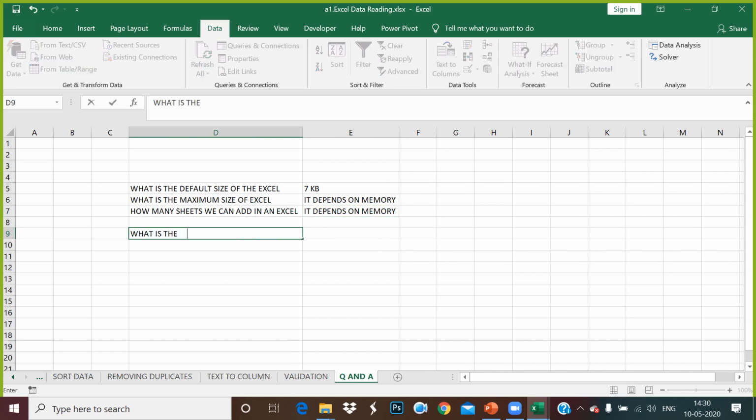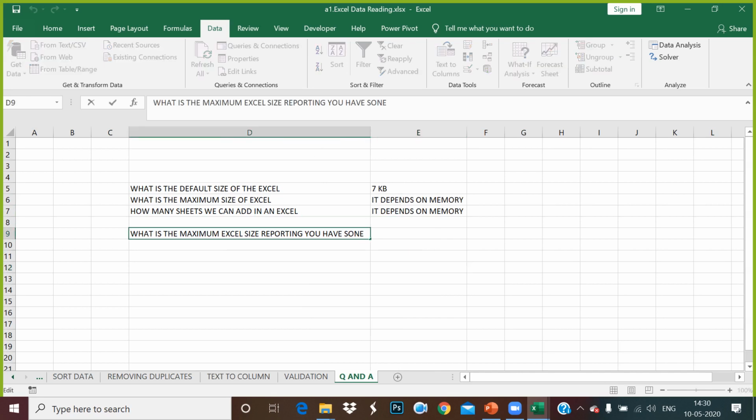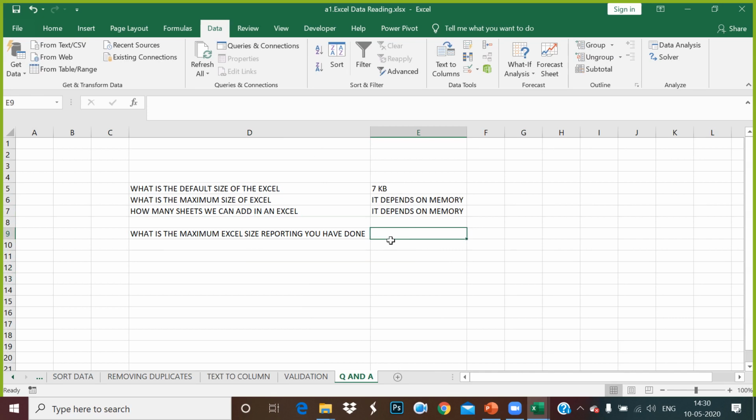Now, what is the maximum Excel size reporting you have done? So guys, this is a very tricky question. If they ask you what is the maximum size of the Excel reporting you have done, always remember you should not say I have worked on a 70 to 100 MB file.